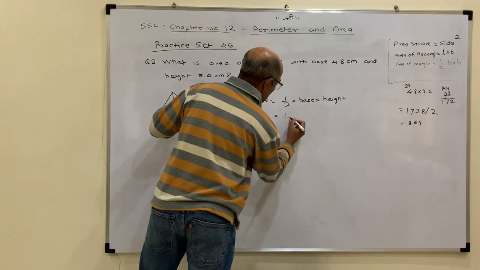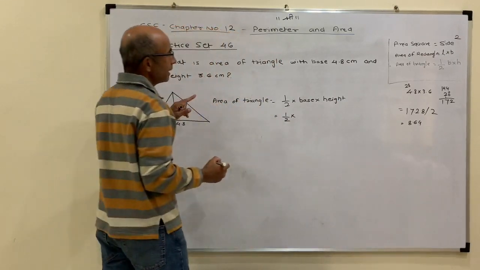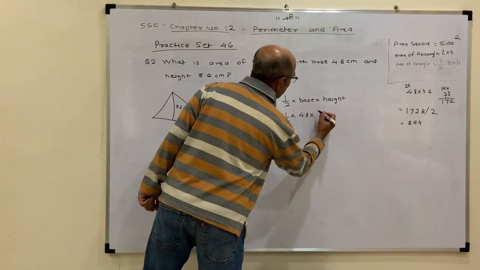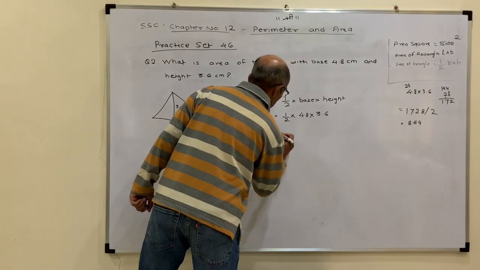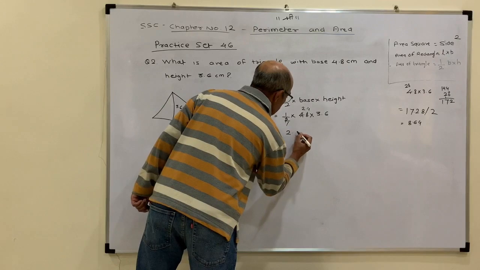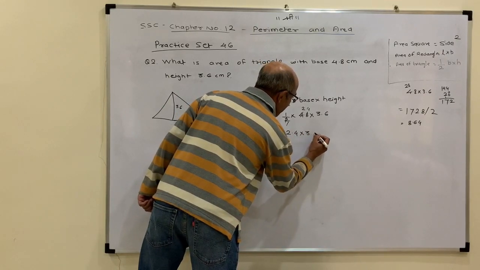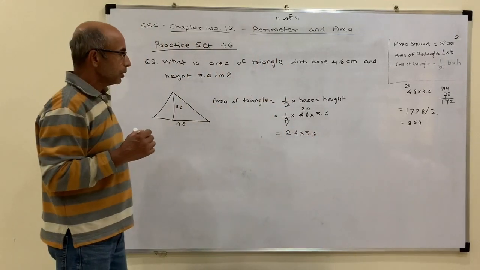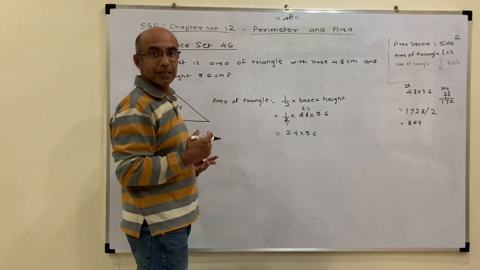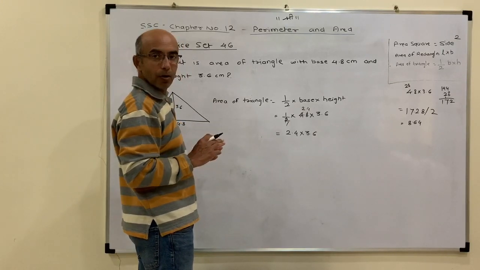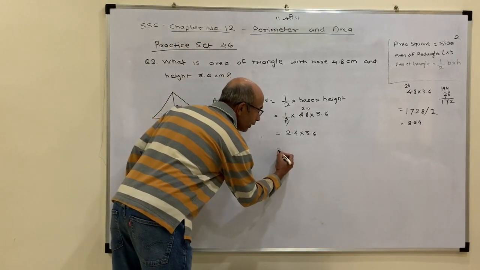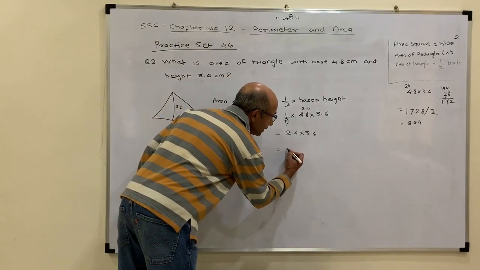So that's equal to half of, how much is the base? Base they have given 4.8. Height they have given 3.6. So 2 1s are 2, 2 2s are 4, 2 4s are 8. So 2.4 into 3.6. Again, as I mentioned before, you will always have one multiplicative factor which is less than 30. So if you have the table up to 30, half of your problems are sorted. So now 2.4 into 3.6 comes out to be